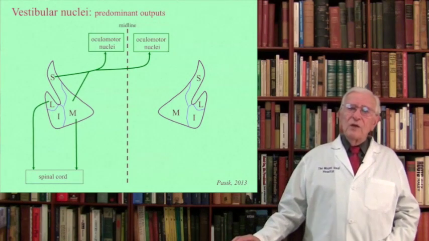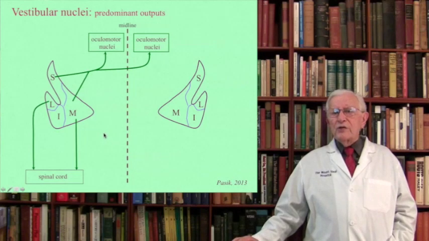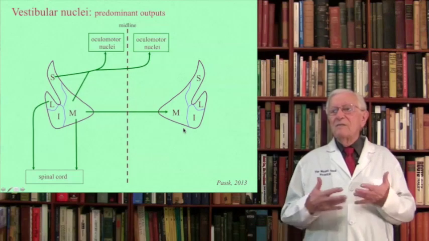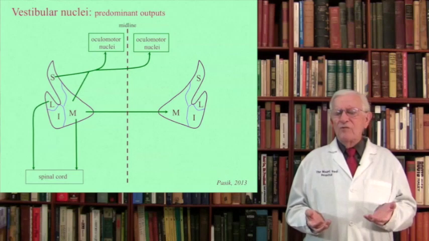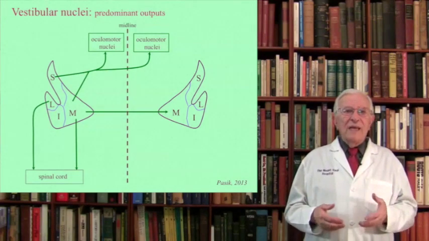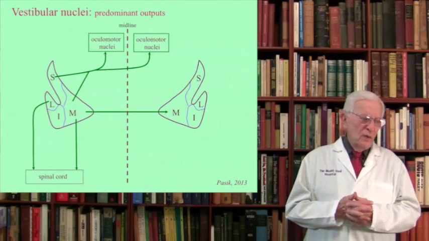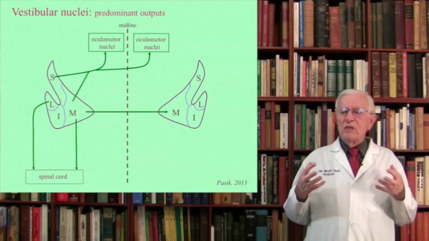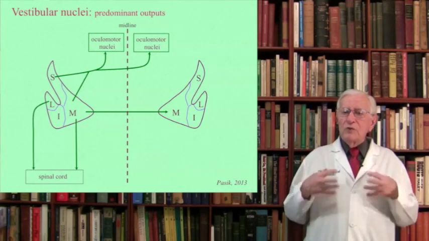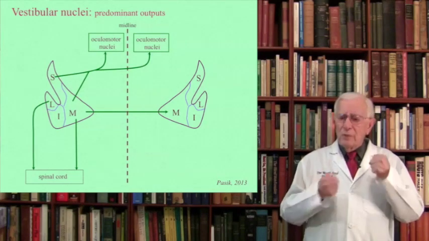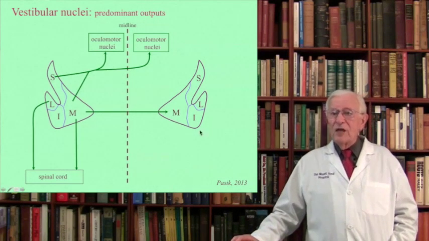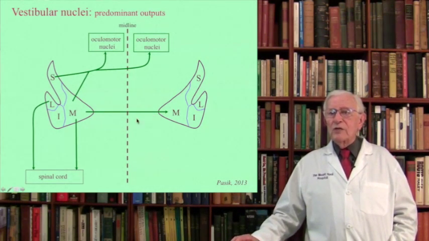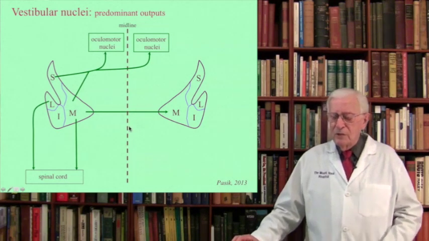In addition, there is a strong commissural connection between the medial vestibular nuclei. And commissures here have a very important role because all that we have been discussing about the vestibular system, its function, and the way you elicit their activity, they all have to do with the balance between the two sides. So the two sides have to be in constant communication and balance. And one of the important components of that balance are these commissural connections between the medial vestibular nuclei of